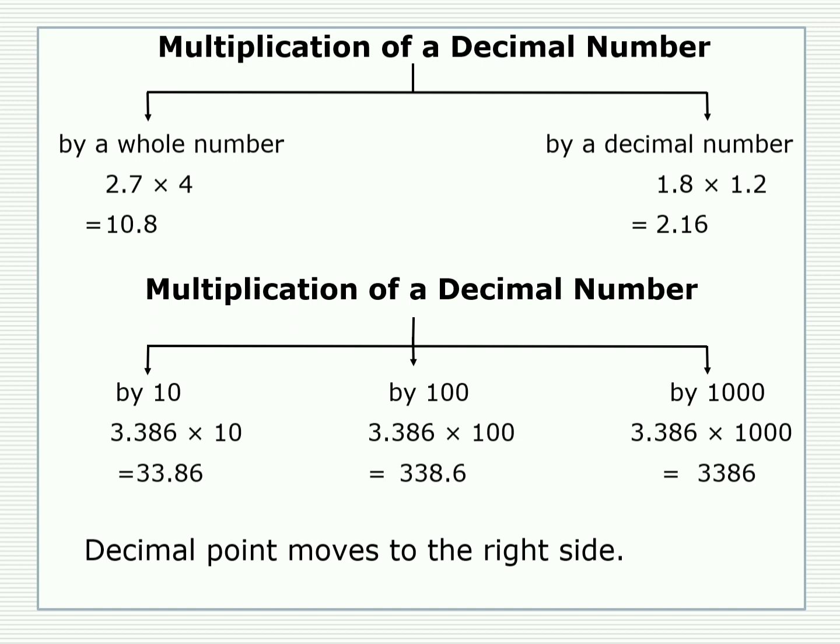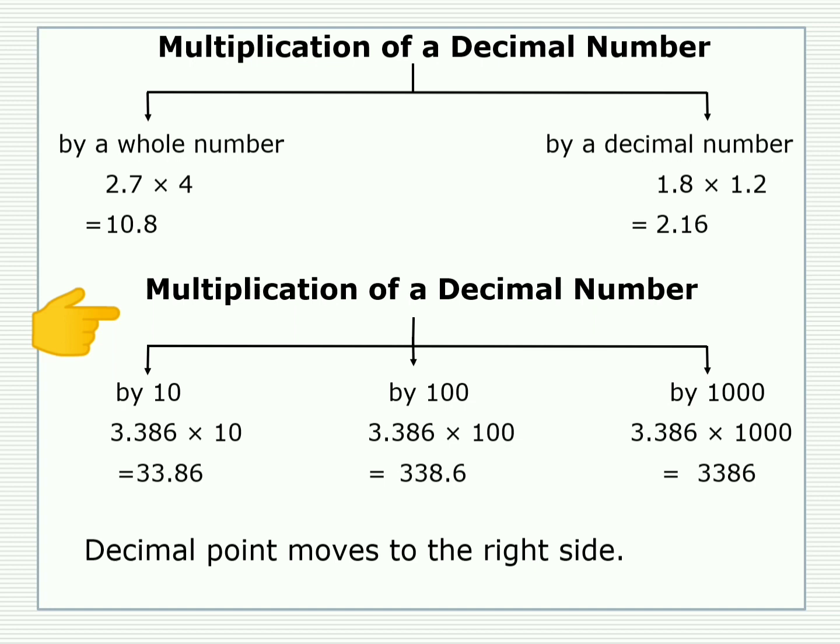And the next topic which I am going to discuss is very, very simple. You are able to do this on your own, but let us understand. Multiplication of decimal numbers by 10, 100 and 1000. You just have to move the decimal point to the right side, correct, by 1, 2 and 3 places, which you will understand by the example given over here.